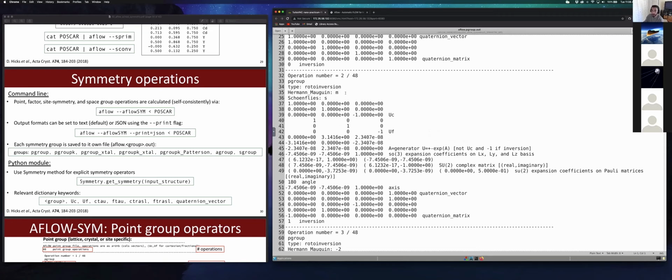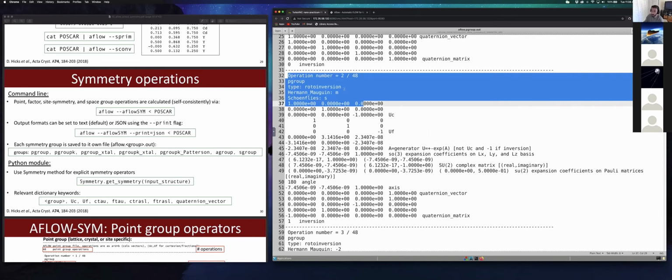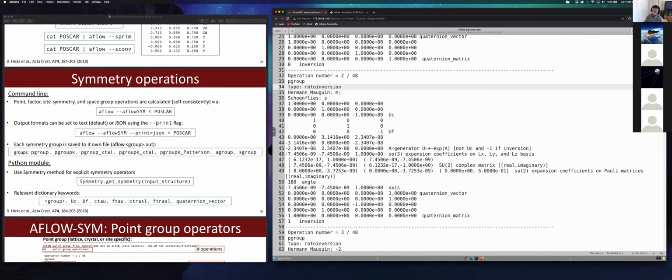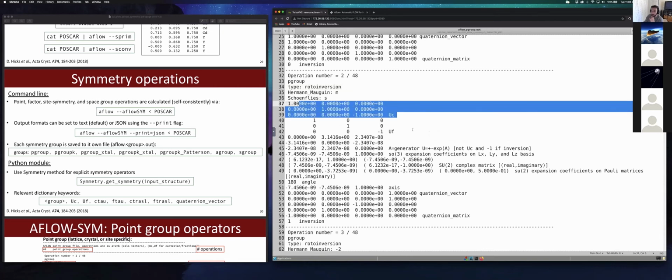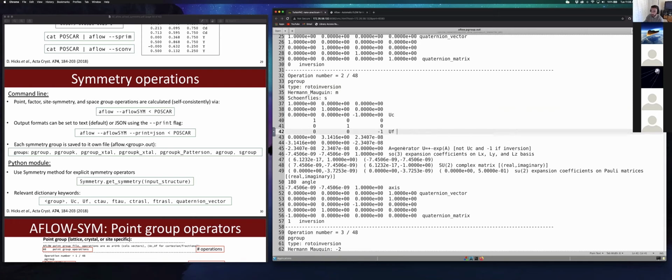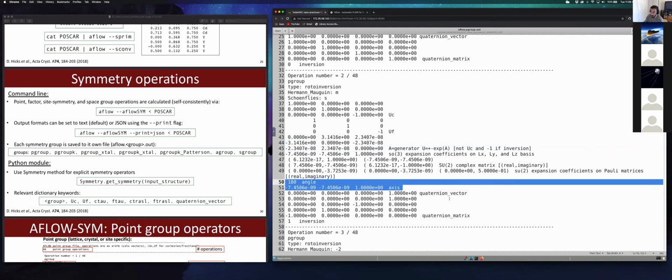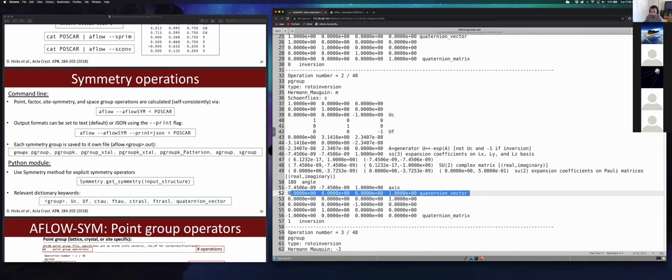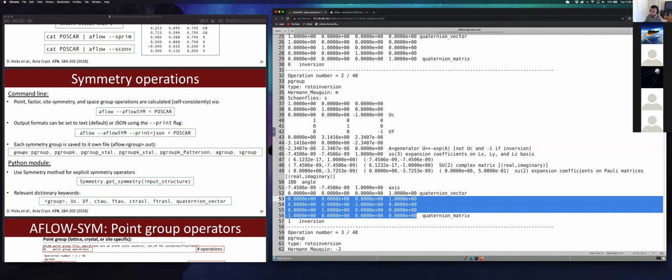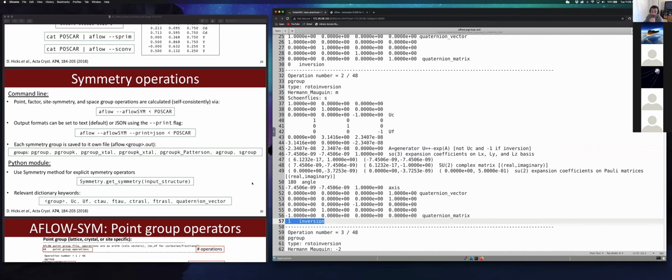So for example, for symmetry operation number 2, the second one that was found, it's a roto-inversion or mirror plane. It has the Schoenflies designation. It has the 3x3 matrix in Cartesian and fractional coordinates. There's this matrix generator here, and some Lie algebra, so the SU2 coefficients. We have the axis-angle here, the quaternion vector, that 4x1 vector, and then the quaternion matrix, which is a 4x4 matrix. And then there's a Boolean that says whether or not it's an inversion. So that's actually summarized here